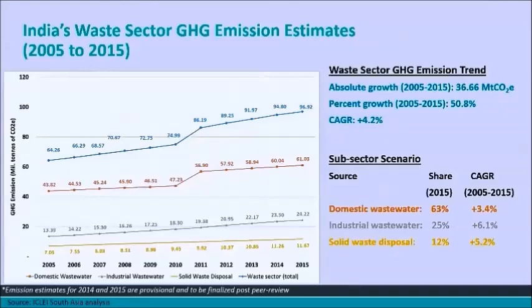Again, here there have been challenges in terms of gaps of information. So some of this is also dependent on the data that we have used for the estimation. In terms of the overall trend of the waste sector as such, the trend is quite steady across the period, and we've seen a growth of around 4.2 CAGR. And emissions have overall grown by 1.5 times when comparing 2005 to 2050.